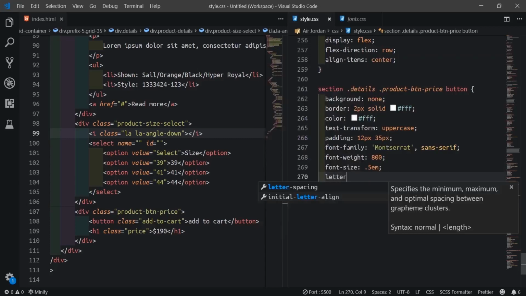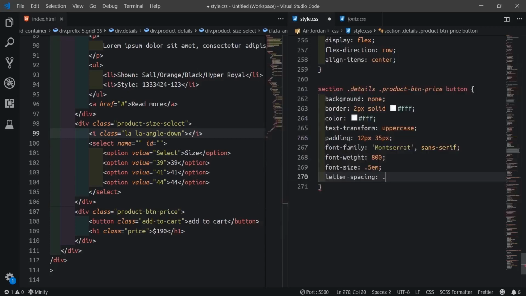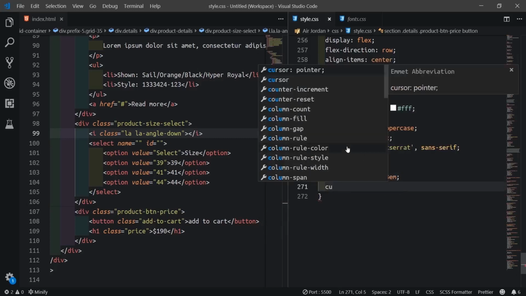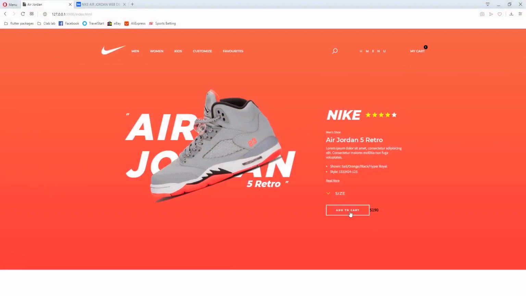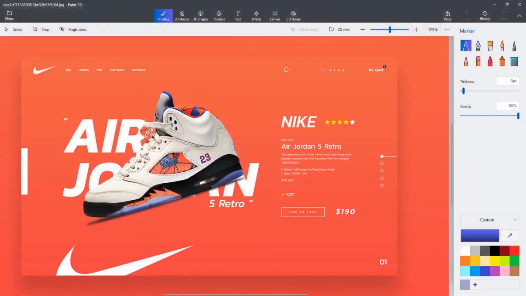Then letter spacing 0.3 em. Cursor, give pointer. Okay, think. Suppose refresh now. Okay,